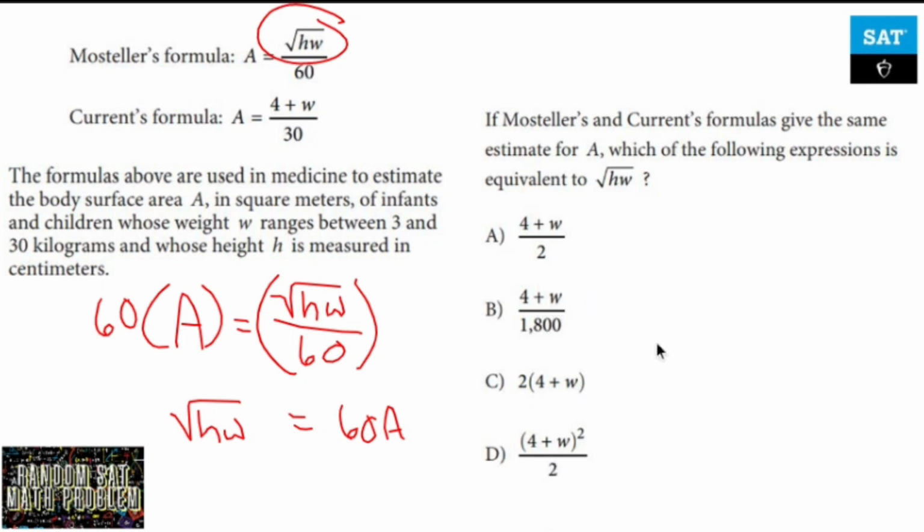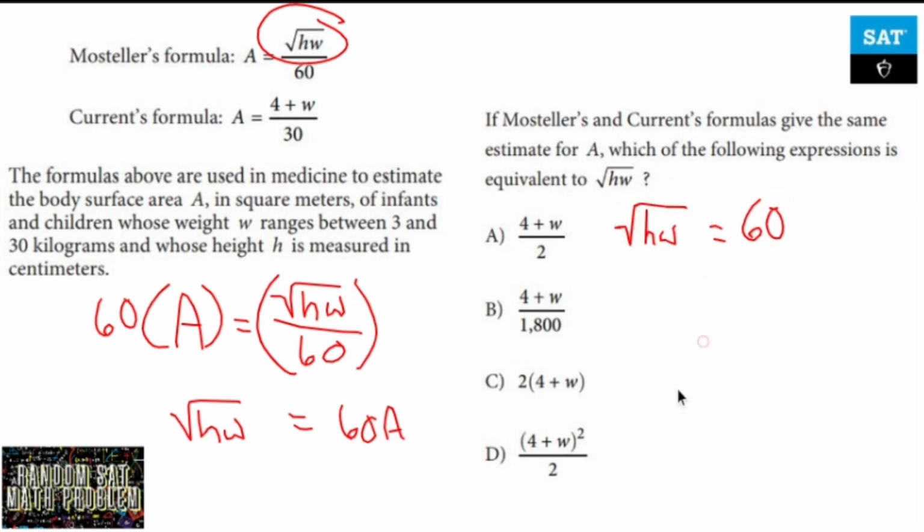So what else must I do? They give the same estimate for A. Which of the following expressions is equivalent to the square root of HW? So why don't I take A from the other equation, plug it in for A, and see what happens. I'm kind of grasping at straws here because I'm not 100% sure what they're asking me to do. So the square root of HW is going to equal 60